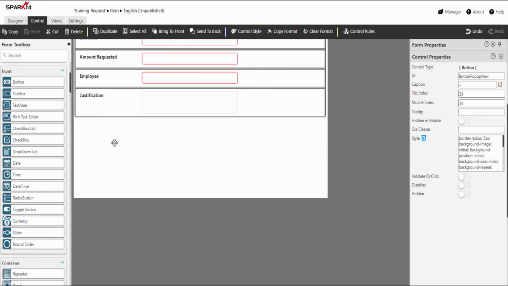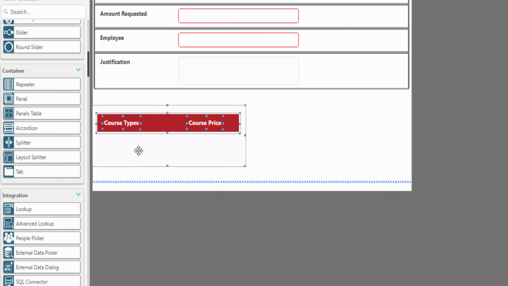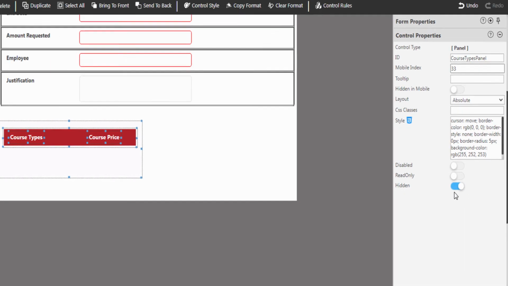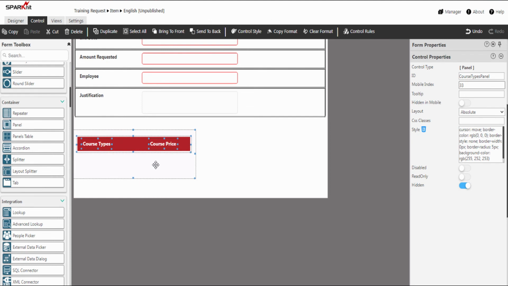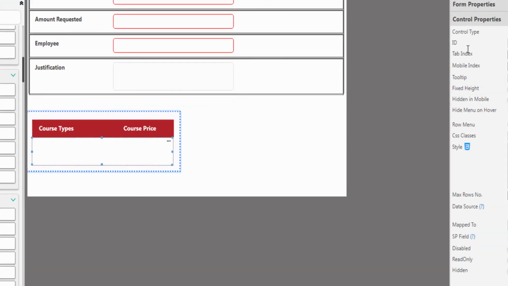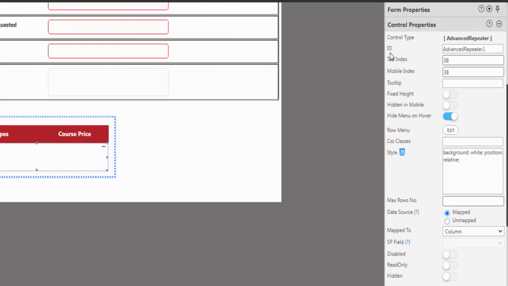OK, let's first create the course details forms that we want to display. Drag and drop the panel control, which will have the course type details. Modify the control properties. In the control ID type course types panel, set hidden as default. This container will appear only when we click on the course details button. Now we are going to add the repeater control, which will display course types information. Let's drag the repeater and drop it inside the panel. Modify the control properties. In the control ID type course type repeater,